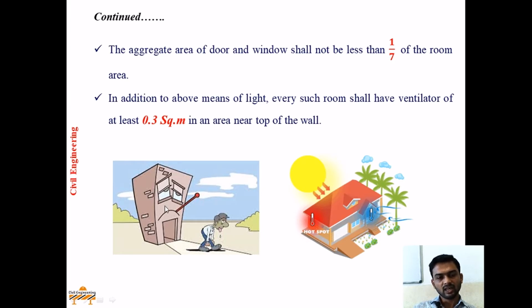Here you can see, if proper lighting and ventilation or proper means of opening are not provided in the walls, the temperature inside the house keeps increasing, hence disturbing the healthy environmental conditions.